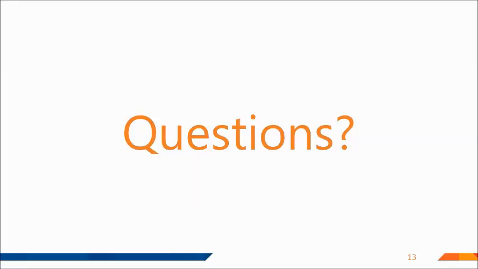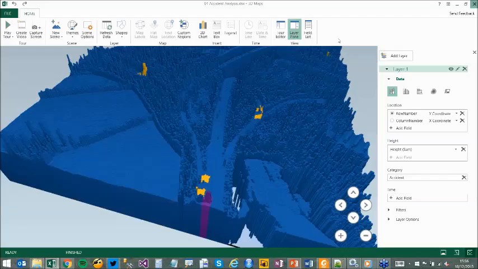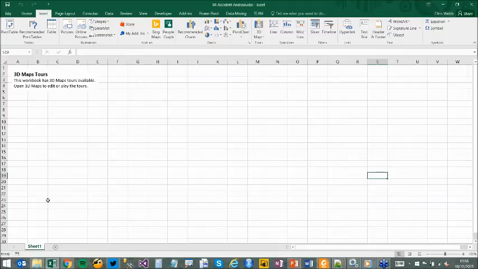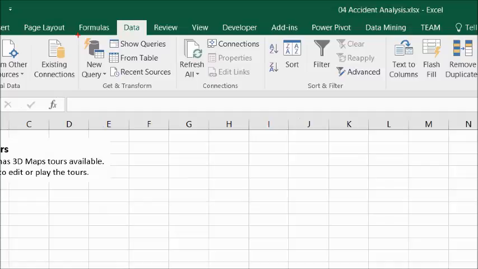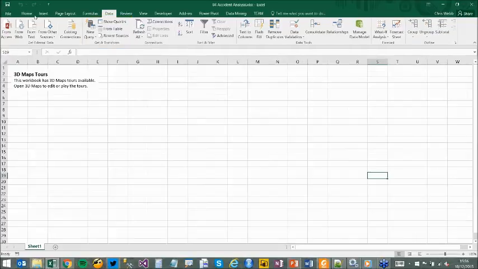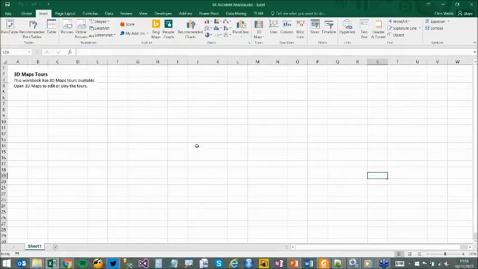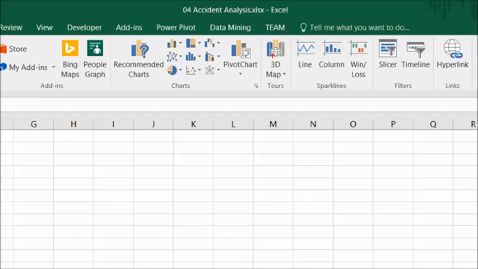Okay, you seem to answer Stefan's question as well. Matt wants to know, how do you access the Power Map and Power Query features? So I've got Excel 2016. In order to get at Power Query in Excel 2016, it's built in, it's on the Data tab, and it's here. In Excel 2016, to get at the mapping functionality, you need to go to the Insert tab, 3D Maps,